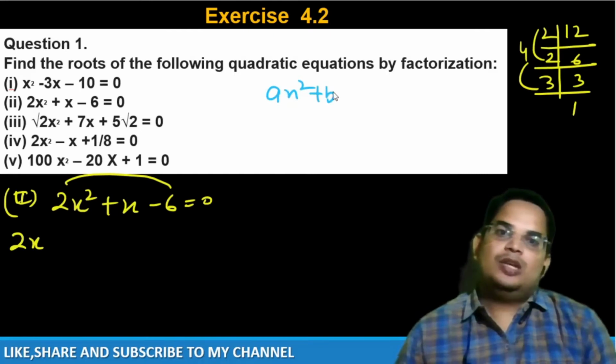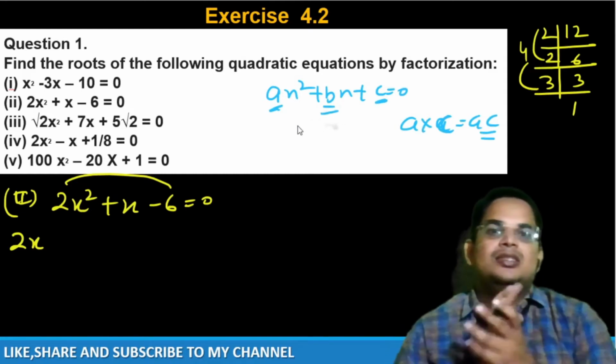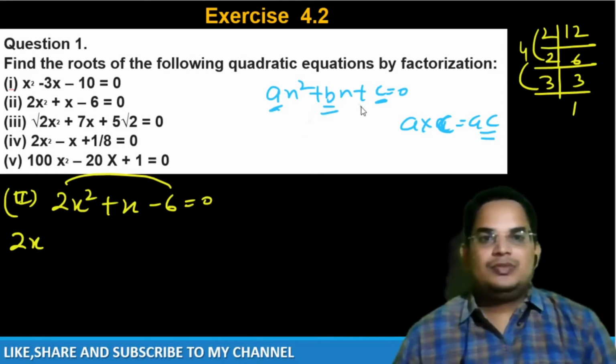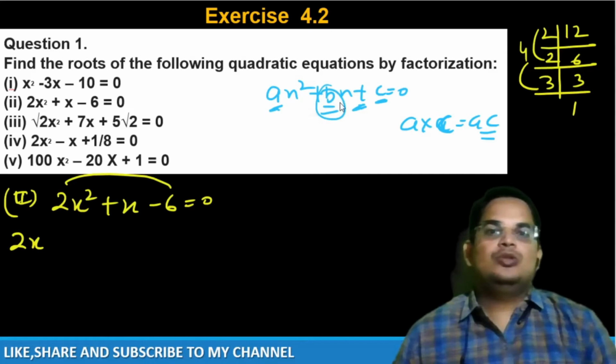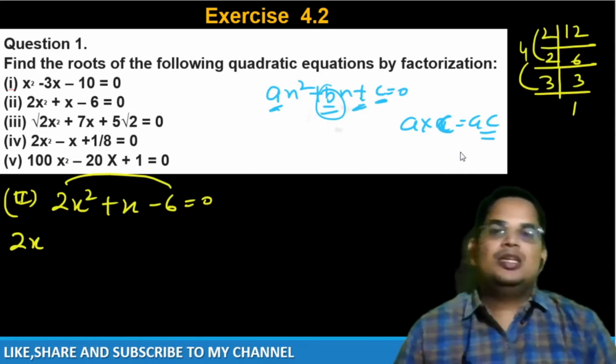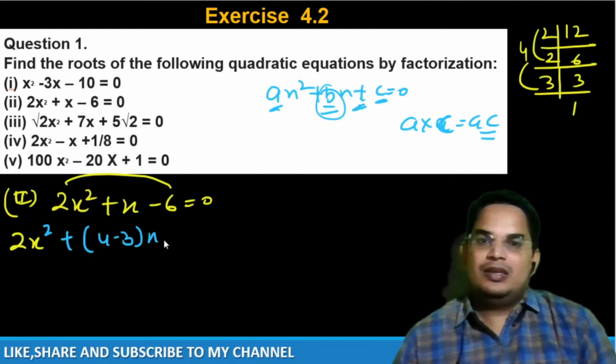First of all, ax square plus bx plus c is equal to 0. Take the coefficient of x square and the constant and multiply a into c to find the value of AC. Then split b in such a way that the addition, if the plus is here, you have to add two numbers. If the minus is here, you have to subtract two numbers in such a way that the product will be equal to AC. Now see 2x square plus 4 minus 3 x minus 6 is